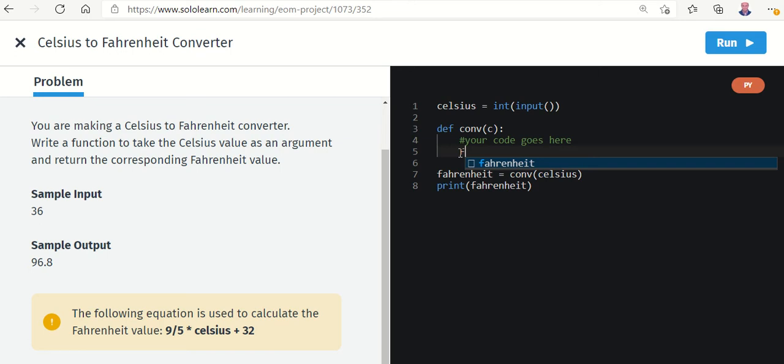So Fahrenheit, F equals 9 over 5 times Celsius, which is C here, this is Celsius,